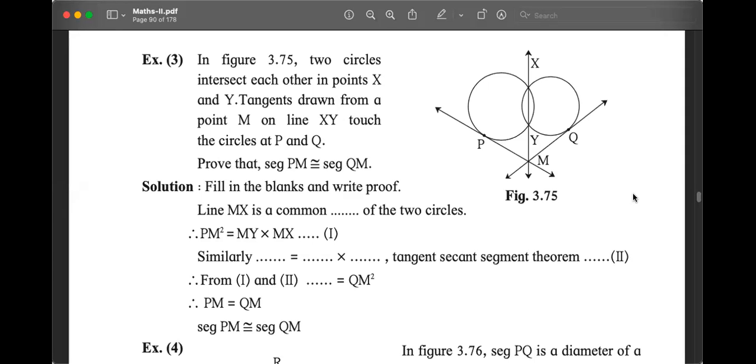In circle, Maths 2 circle, we will look at some interesting questions from the last thing that we studied, which is about tangent segment, secant segment, angles between them, the division of chords and all that. And then we will jump to the last question set, which is problem set 3. So let us begin with example number 3, which is on page number 81 in your textbooks.